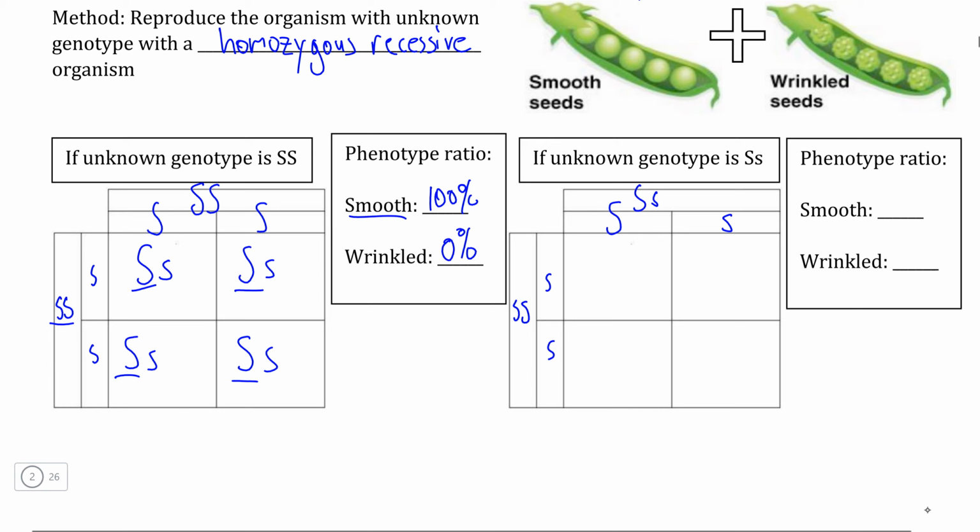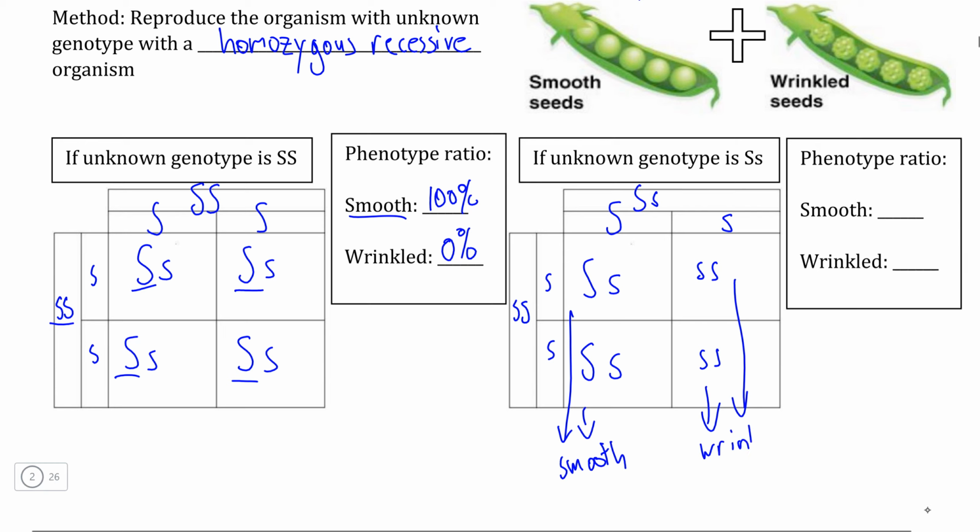If we use the Punnett square to check, these two offspring would receive the dominant allele from one parent and the recessive allele from the other parent, and so each of these would be smooth-seeded peas, but because the parent is heterozygous in this case, these possibilities account for receiving the recessive allele, and so in these cases, both of these organisms here have no dominant allele, and therefore would have wrinkled seeds,